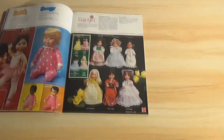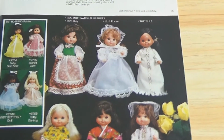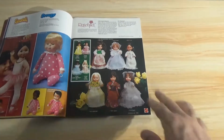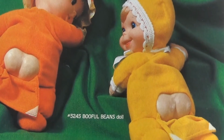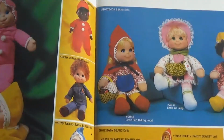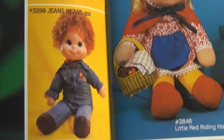Rosebud Collection. I don't remember these. The Rosebuds. International Beauties, it says. The Rosebuds. That was a thing back in the 80s too, making international looking dolls. Baby Beans, they held on to this property for a while. I didn't think they were still making them in 1980 though, but obviously they were. And oh, so cute, you can see their butts. Thanks, Mattel. That's what I wanted to see. And then Bitty Beans says, Black Bitty Beans, Jeans Beans, oh my god,